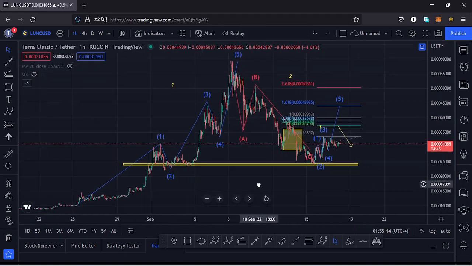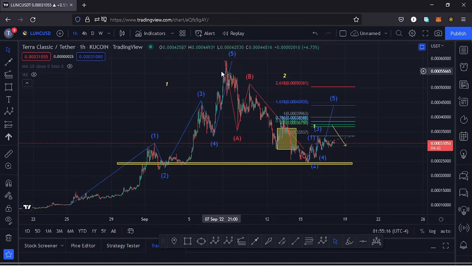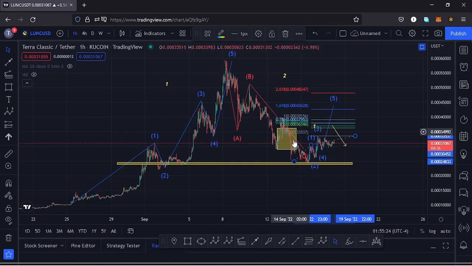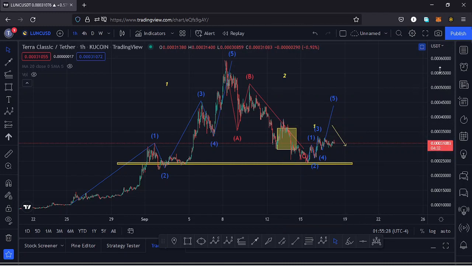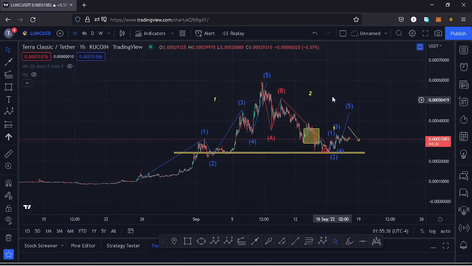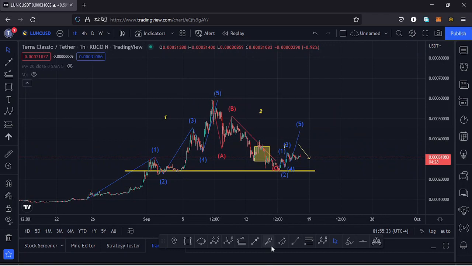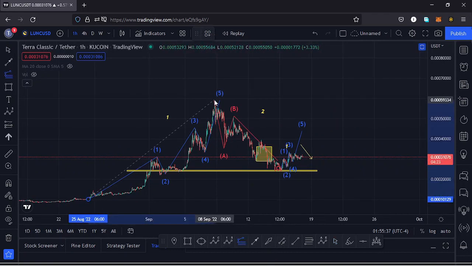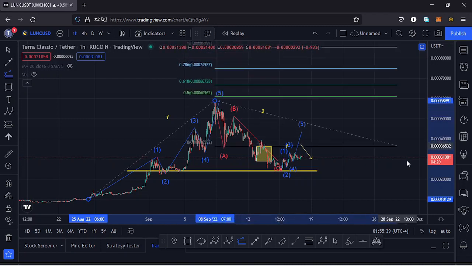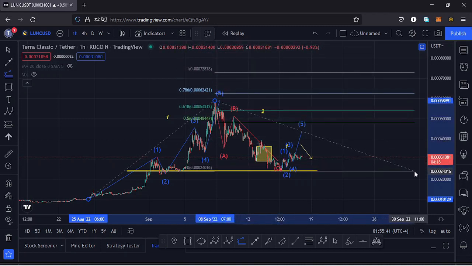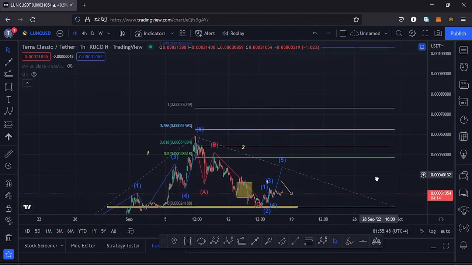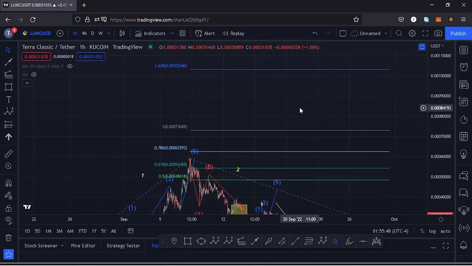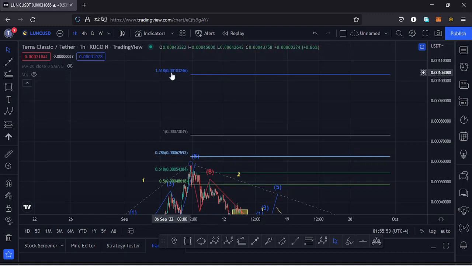So let's be patient and see how that plays out, and also having a target area for that third wave, because we have seen the formation of a higher Elliot wave count 1 and also the formation of a higher Elliot wave count 2 over here. We can use the trend based Fibonacci's to get a target area for that third wave to the upside, and I just need to connect the fibs from the low of the wave 1 to the high of that first wave, then drag the fibs to the low that we made down here at around the $0.00024 mark,